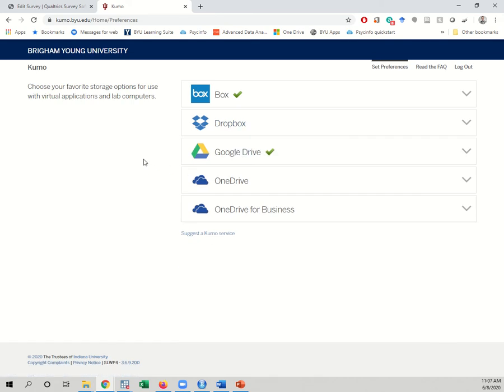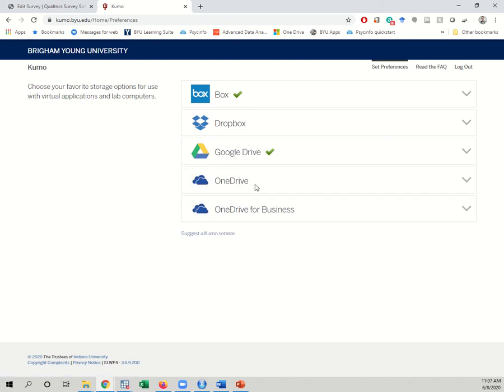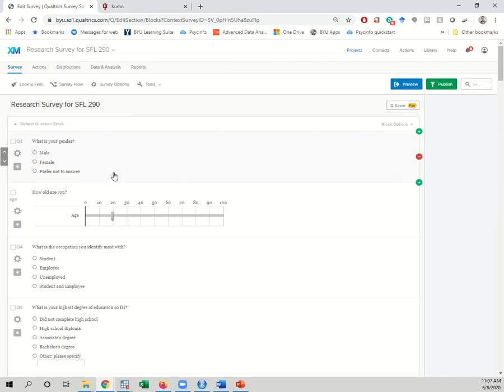I chose Box and Google Drive, but you need to authorize wherever your file that you download from Qualtrics is saved. So the easiest one is Google Drive, so just come in here and save it to your Google Drive or your OneDrive, whatever. You just need some cloud that is going to be the place that you put your files on, okay? So once you do that, and I'm going to show you with Box, but if you want to work with Google Drive, you just need to download it, and if it's not on your computer, upload it to Google Drive first. So you come into Qualtrics,